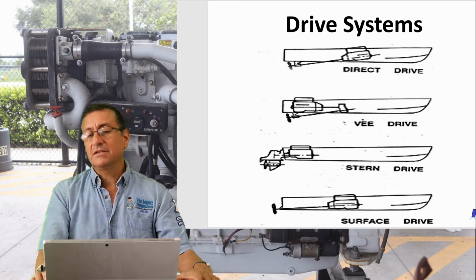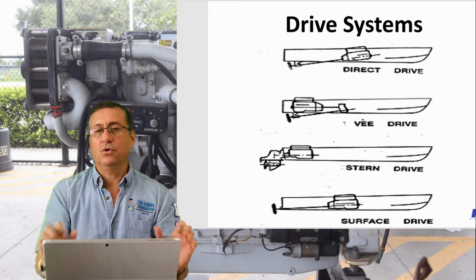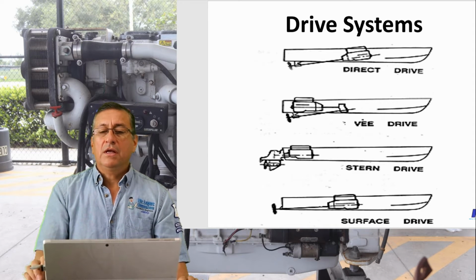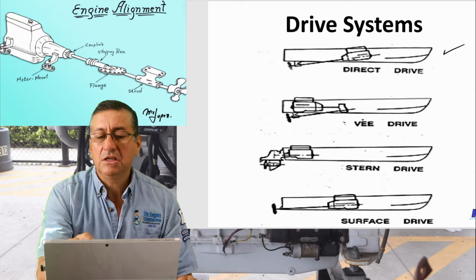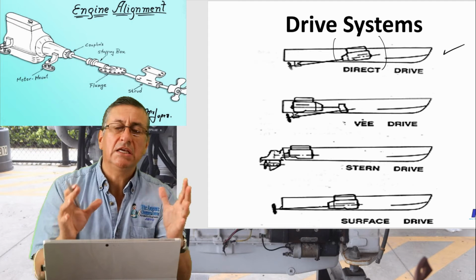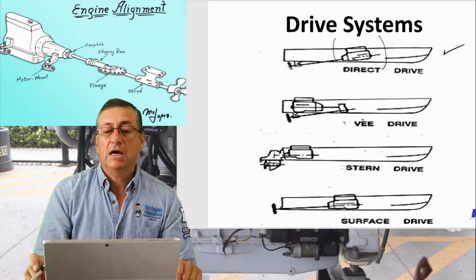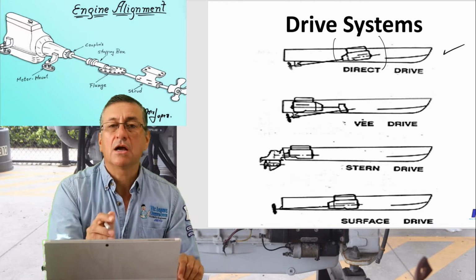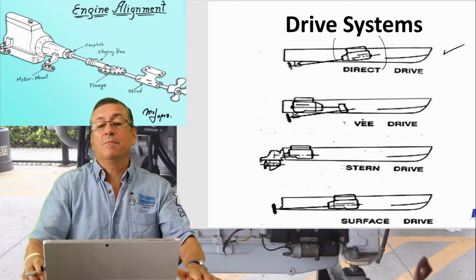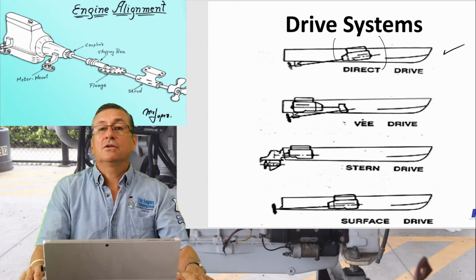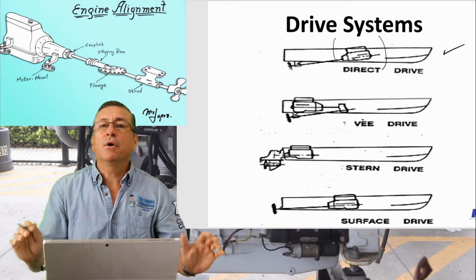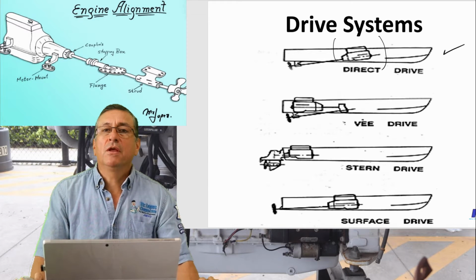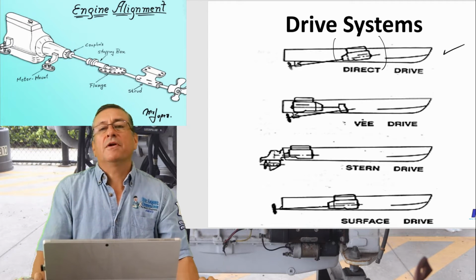And in this picture are included two additional drive systems that we are going to explain right now. This is the most common, the drive system, the first one. The engine is basically located in the middle section of the boat, and the shaft and the propeller are under the hull of the boat. This is good because the center of gravity of the boat is approximately in the center of the boat, and the stability of the boat is excellent, and the performance of the